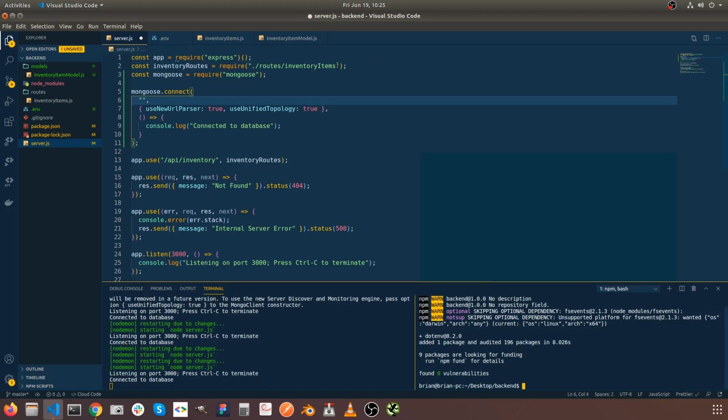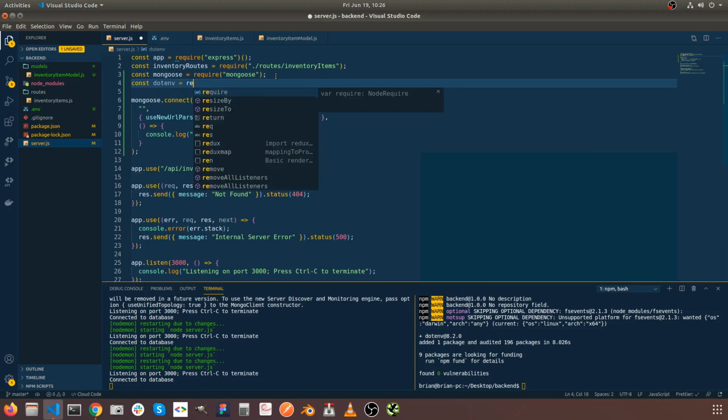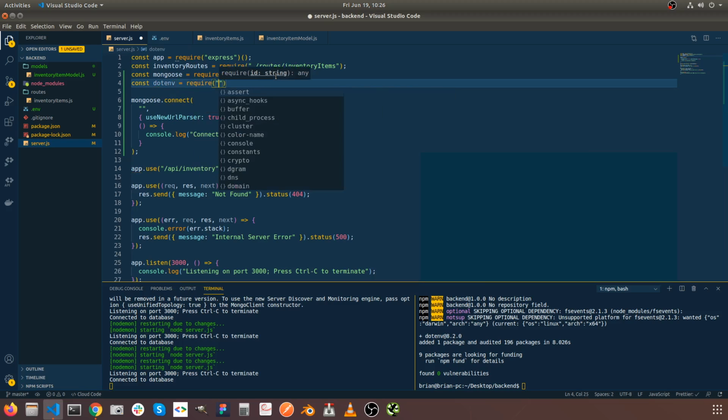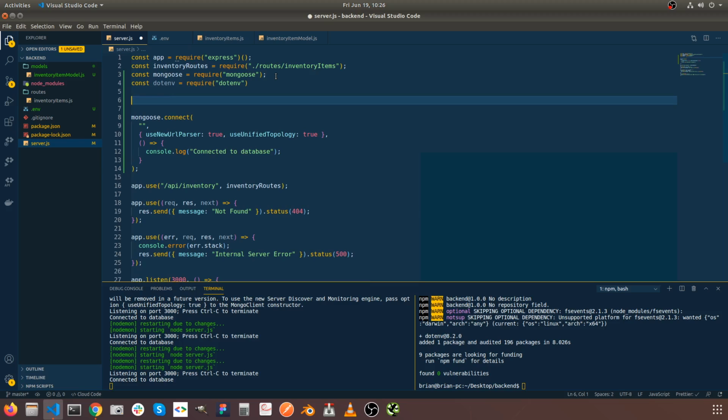Okay, so what I'm going to do now is I'm going to import dotenv, and then we are going to configure dotenv. So we're just going to call dotenv.config, like that. Okay, and once we do that,